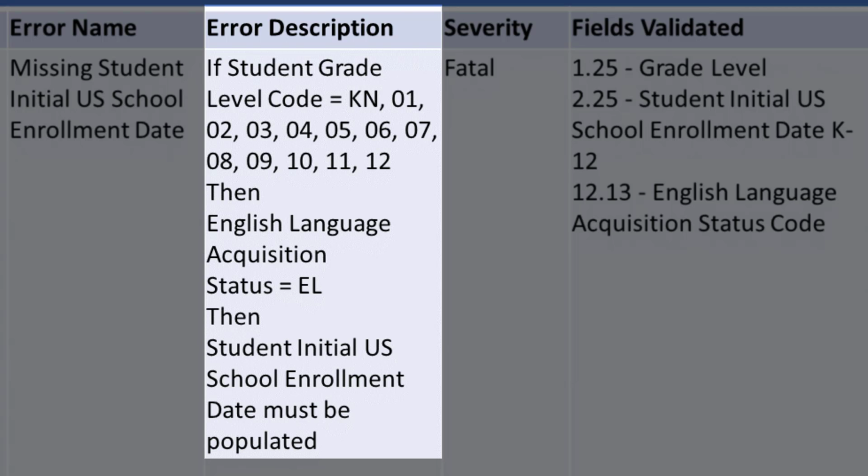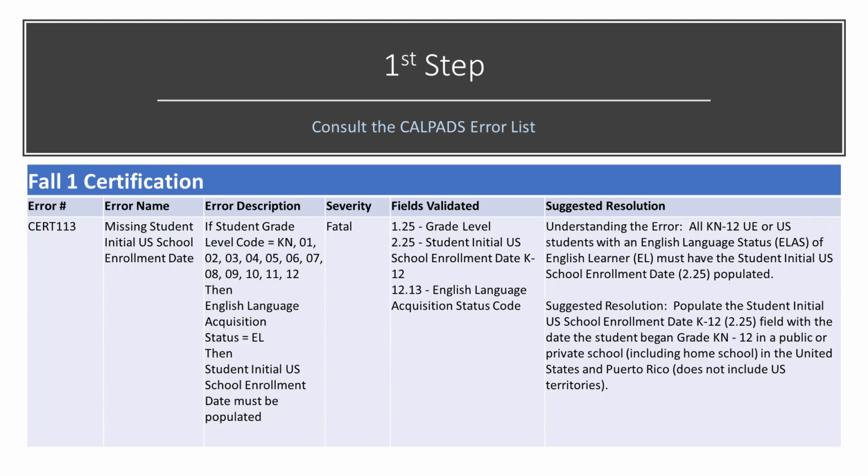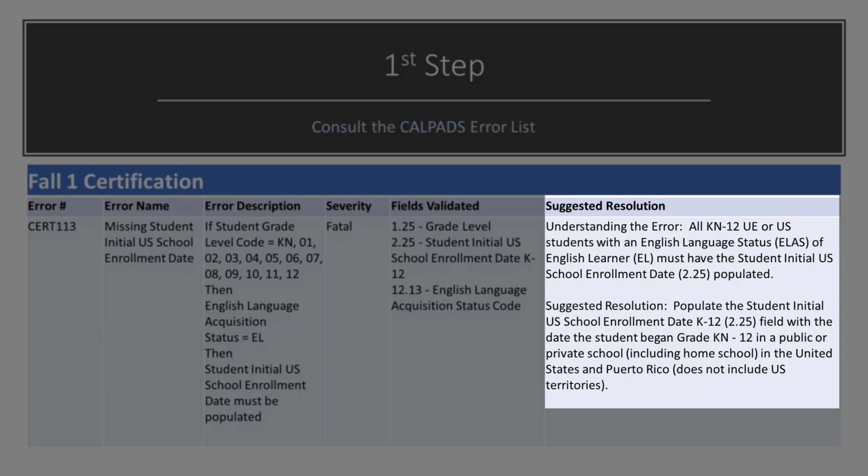Things that it validates for is the grade level, the student initial U.S. school enrollment date, and the CELA code, right? So it's going to make sure that you're in grades K through 12. It's going to look to see if that U.S. school enrollment date has been populated, and it's going to see if it's required because of your English language acquisition status. And then a little clarification is given for the error and understanding the error, and then CALPADS provides you